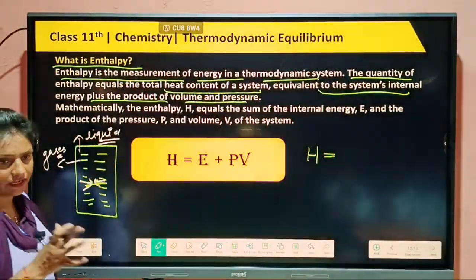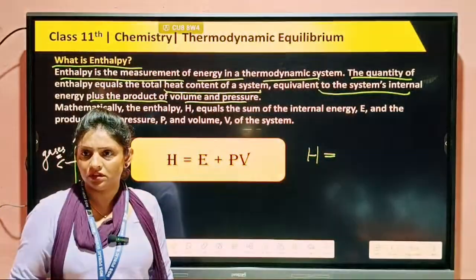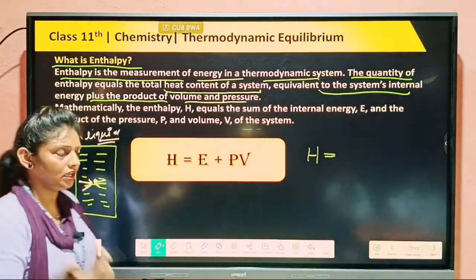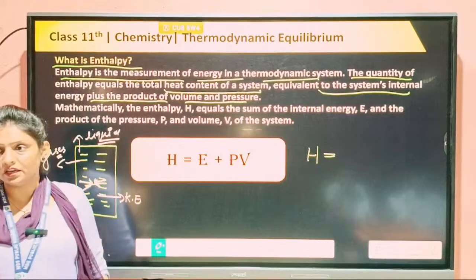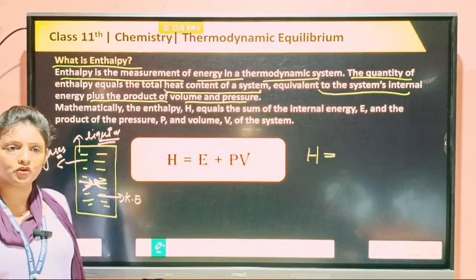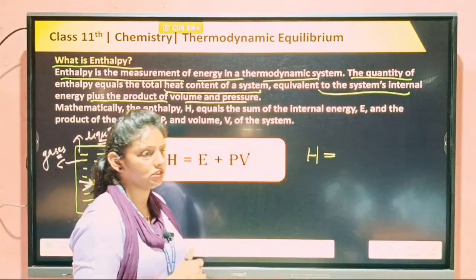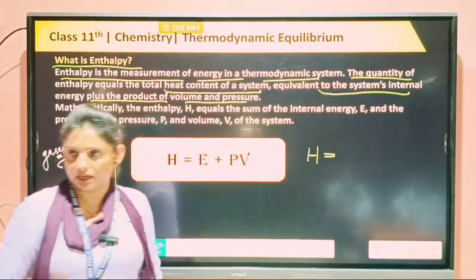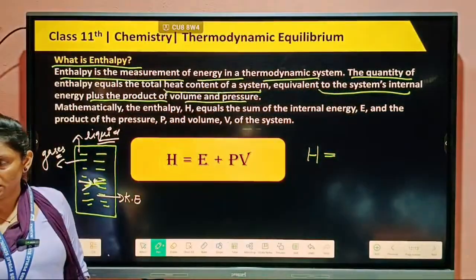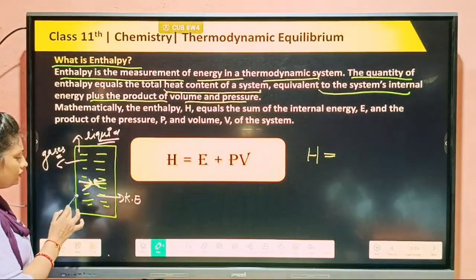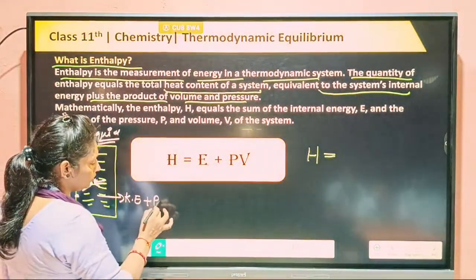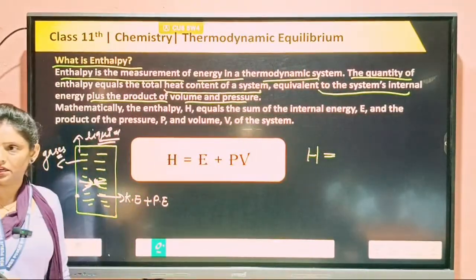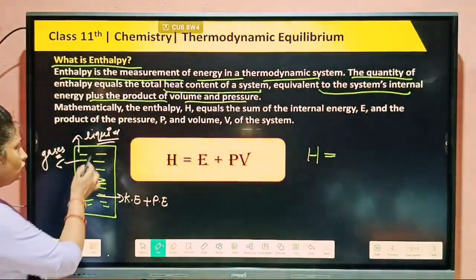If they are colliding, means they are in motion. If they are in motion, then kinetic energy may be there. Energy possessed by an object due to its motion is known as the kinetic energy. Clear or not? If some are fixed here, then they have potential energy also. Clear? If we do some work on that,